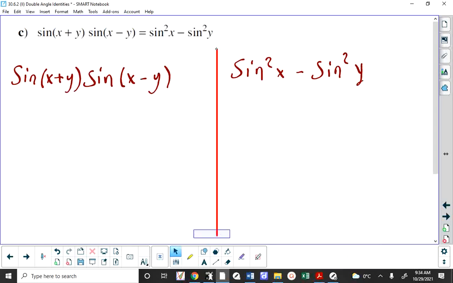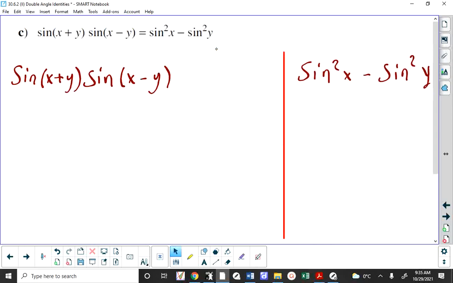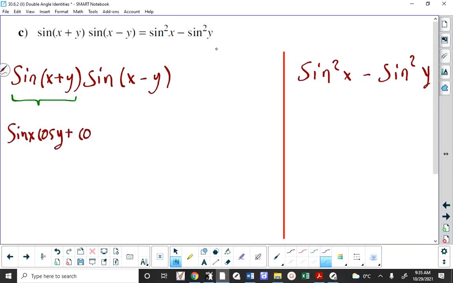What I'm going to do instead is apply a known identity to each of these pieces. For example, the sine of x plus y is going to be sine of x cos of y plus cos of x sine of y. Does that make sense? You put x. Thank you. This other piece is going to be,